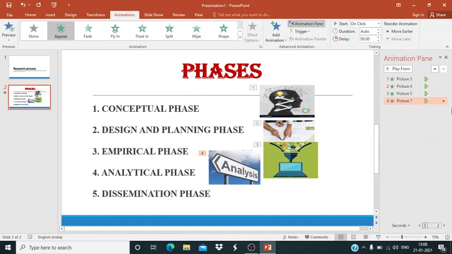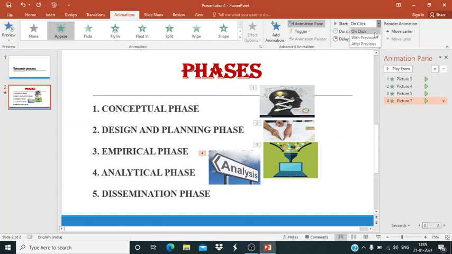In this animation pane, we have an option which asks, do you want the animation to start on click? That is, when you press the enter button or a downward or upward arrow key, the animation will automatically come. That is on click. Or do you want the animation with the previous one?